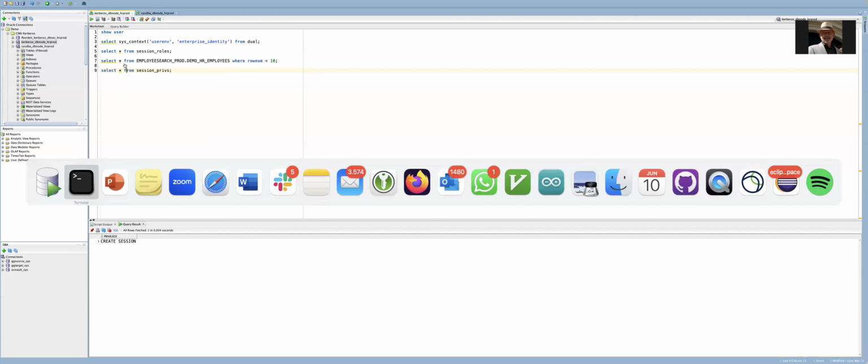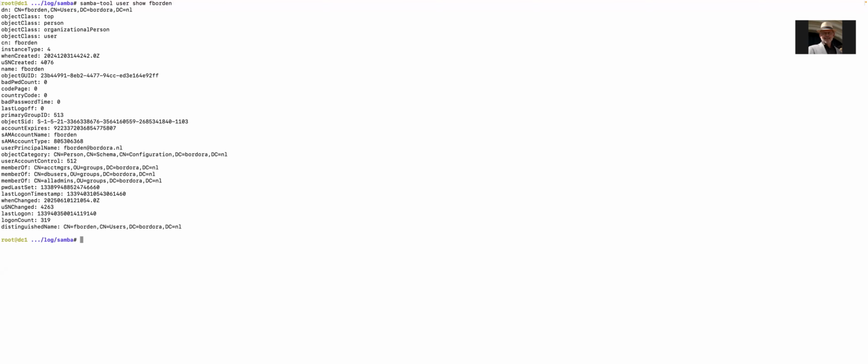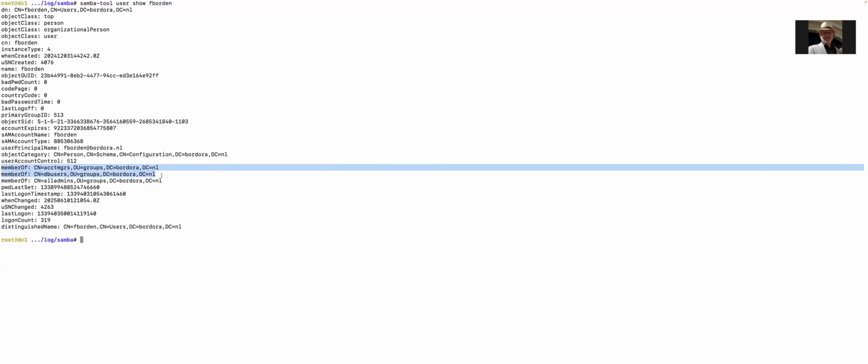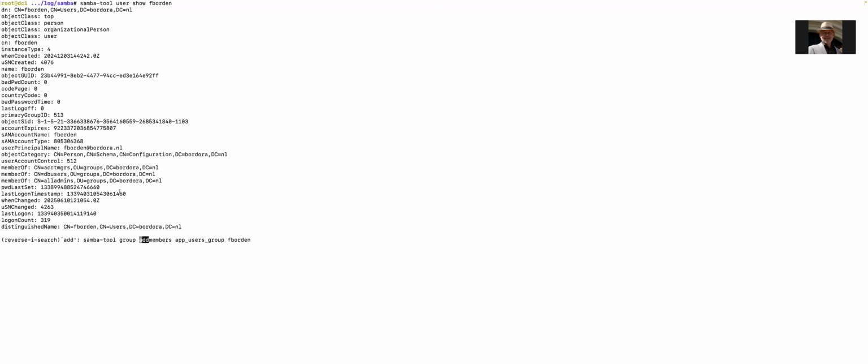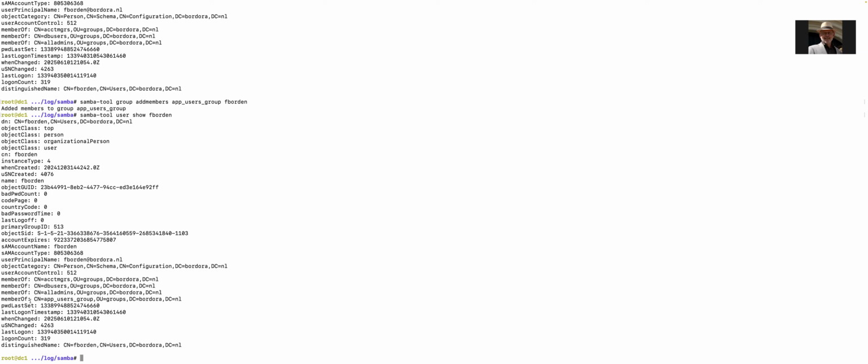Now in Active Directory, let me switch to the Active Directory screen. Here I have Active Directory running on Linux under Samba. With samba-tool, I can show the user. I do samba-tool user show fborden, that is my user, and these are the groups that this user is currently a member of. When I run this command, samba-tool group addmembers for the group app_users_group, I add the member fborden, and now